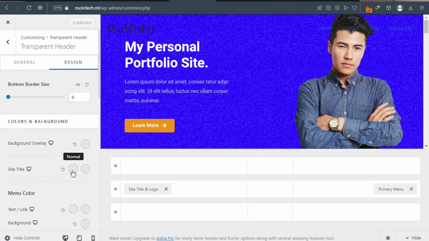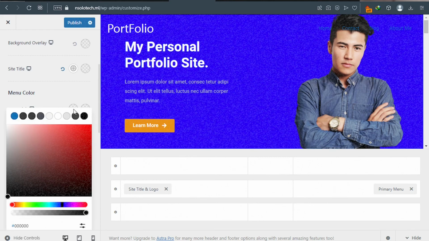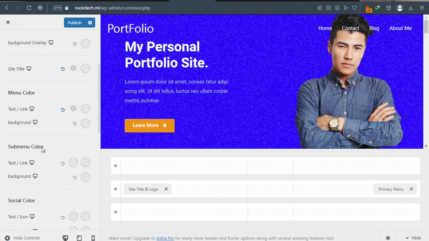scroll down. Let's deselect the color picker, because I'm done with it. Next is our menus. Our menus right now is not visible, so I'll choose my menu color here. So click on menu and then give it white. I'll click outside to deactivate the color picker. Perfect. You can also give your sub menus background color or text color if you want to, and then don't forget to publish the changes. Okay, this way we have successfully